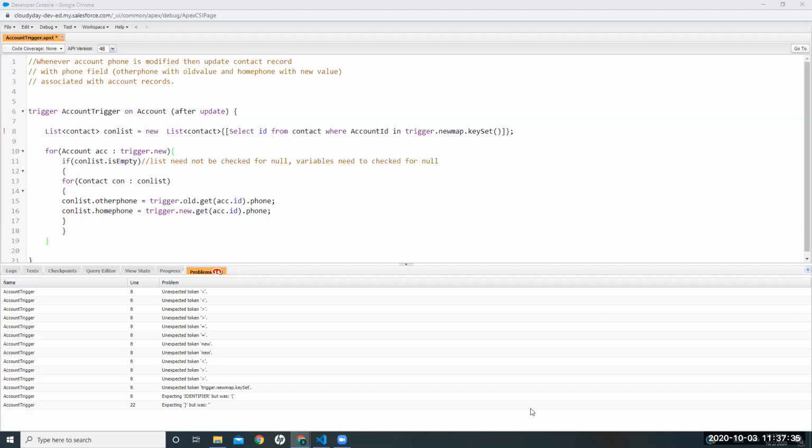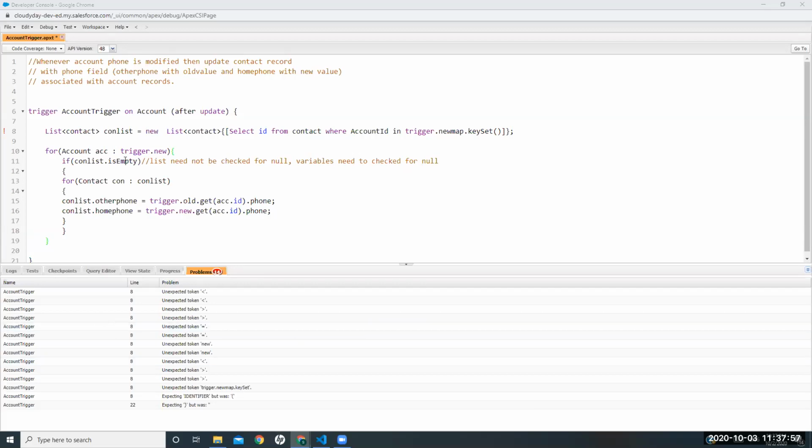Contact will have an account ID field, right? So trigger.newMap.keySet will hold all the IDs. If you are trying to insert 200 accounts, it will have IDs as keys and the whole records as values. So I am getting only the IDs.